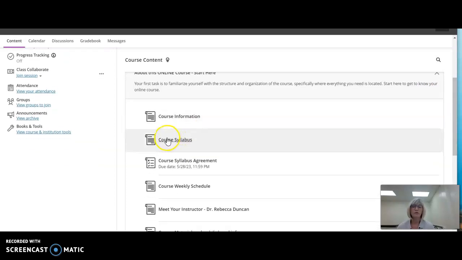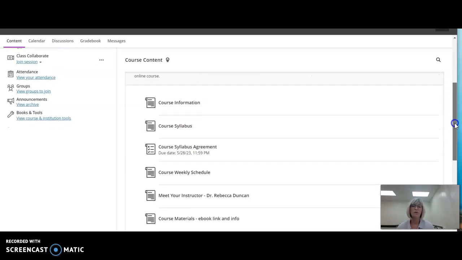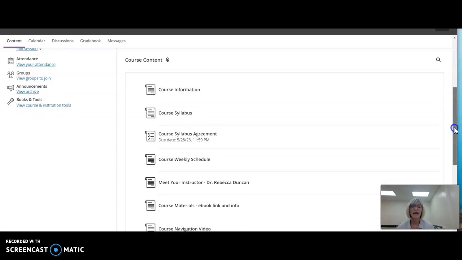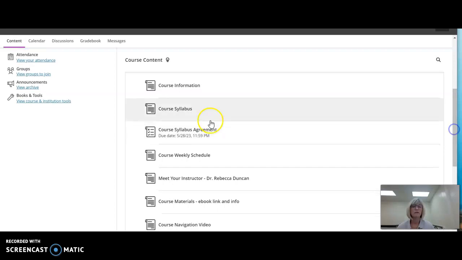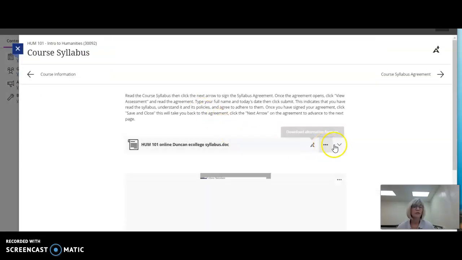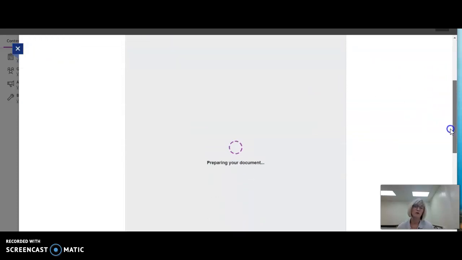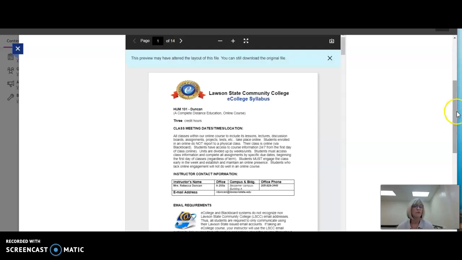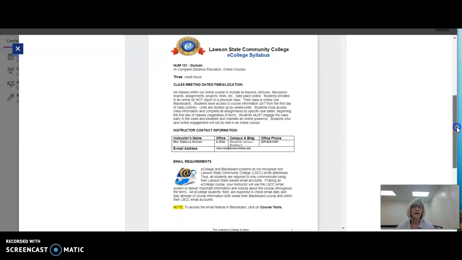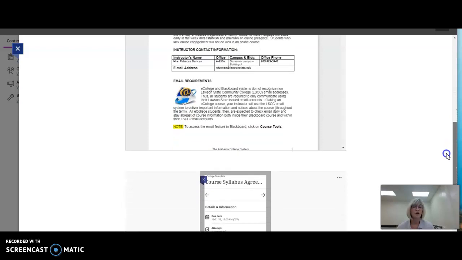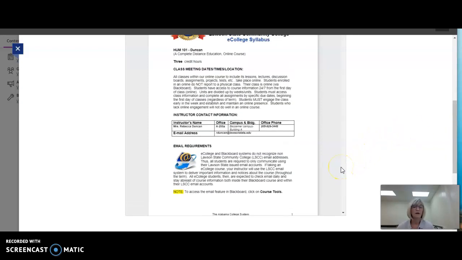Make sure you've gone through the syllabus before you sign the syllabus agreement. I have students that will come up with questions and be unhappy about things later on in the semester that were laid out very clearly in the syllabus, things about what you're supposed to have before you log into your proctoring session, and what is required and what is expected, and how things are laid out and what the policies are. And so all of these are here. These are the rules for the class, and if you don't read them, you still are responsible for following them.